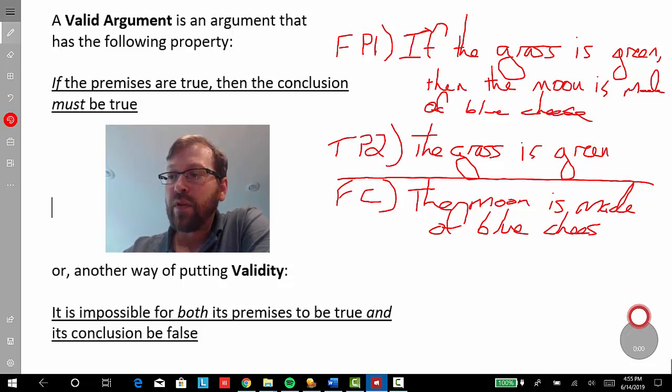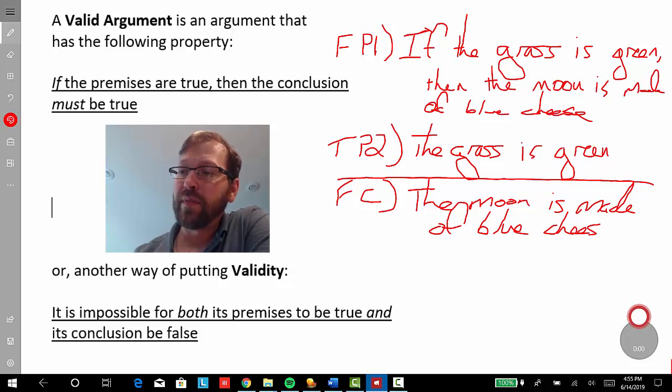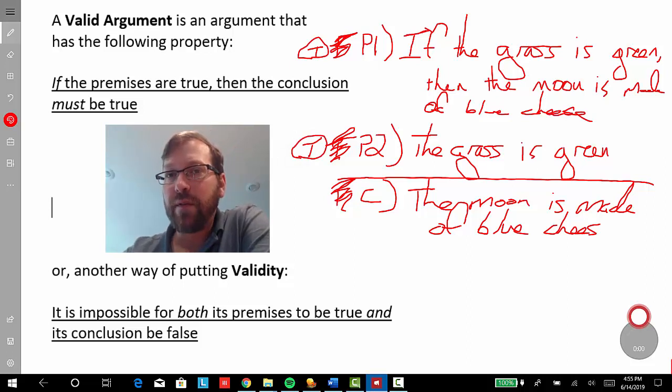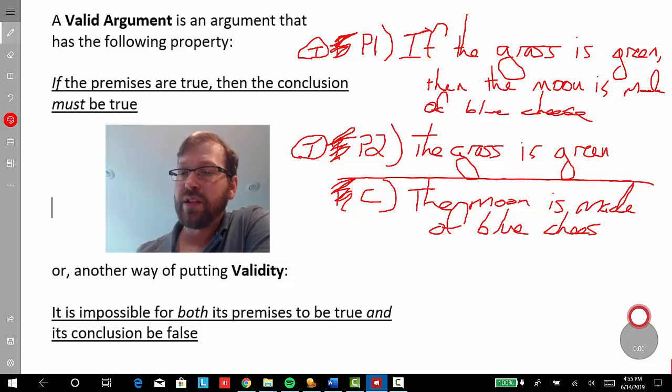But remember, when we're assessing validity, we're not yet worried about whether our premises are in fact true or in fact false. The question is if the premises are true. So if we pretend for the moment as though they are true, would there be any way for the conclusion to be false? And in this case, there isn't a way for the conclusion to be false. That is, the conclusion would have to be true. Why? Because premise 1